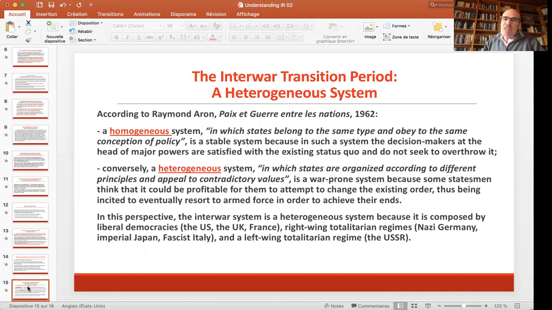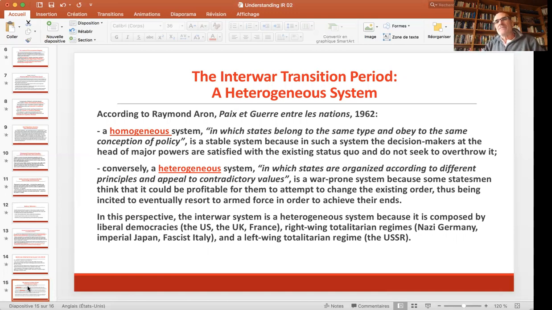were not appealing to the same values, given that some of them were democracies and the other ones, anything but liberal democracies. This is what Raymond Aron, the French theorist, philosopher, sociologist, calls a heterogeneous system. According to Aron, an international system can either be homogeneous or heterogeneous. A homogeneous system is a system composed by states, I quote, belonging to the same type and obeying the same conception of policy. And that is to say, it is a system which is stable, peaceful, or only limited